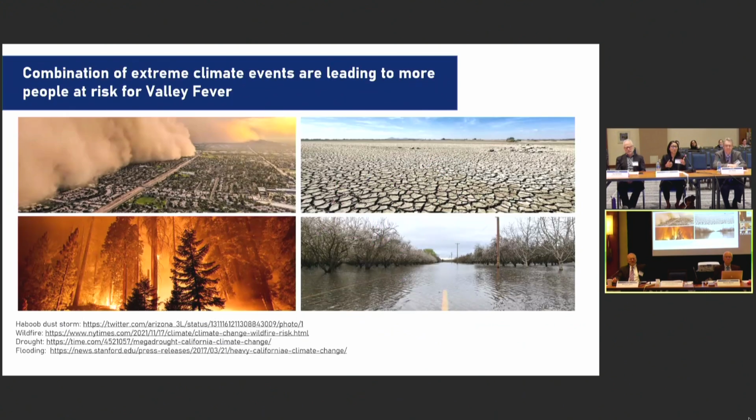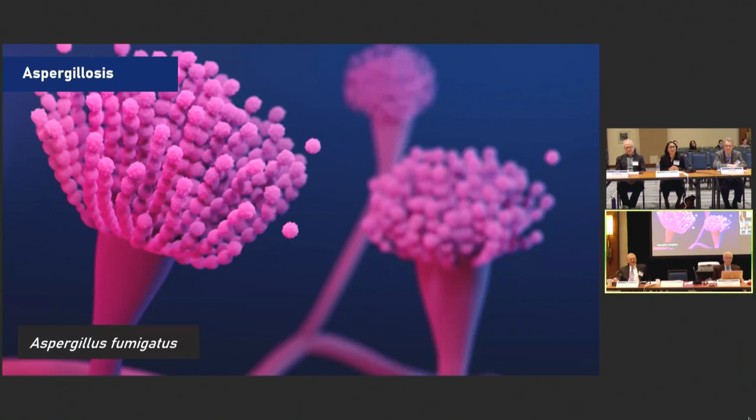And so in combination with this idea of the geographic expanding range with an increase in extreme climate events where it can aerosolize these arthroconidia, this is going to lead to more people at risk for valley fever. And so overall, valley fever is an example of how environmental changes can expand where pathogenic fungus grows, ultimately putting more people at risk for these infections. Next slide. So the next one is aspergillosis,